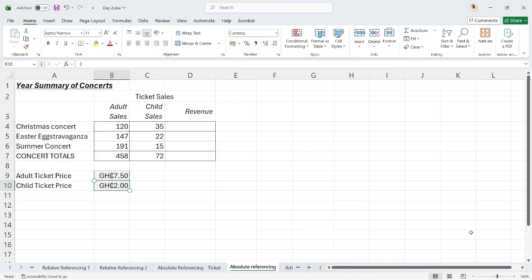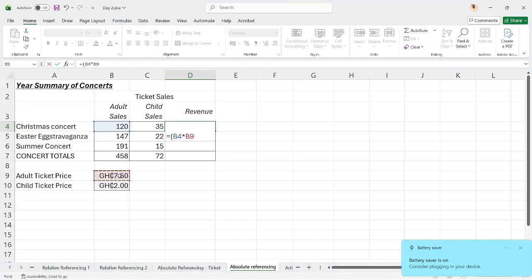So, in order to get the prices for the two and put them together, we are saying that let's bring our equal to, then we open the brackets. So, we want to get for the adult tickets first. So, we click on this one. So, we've sold 120 multiplied by the price. So quantity times price. But because we want to drag it, because the price for, let me quickly,